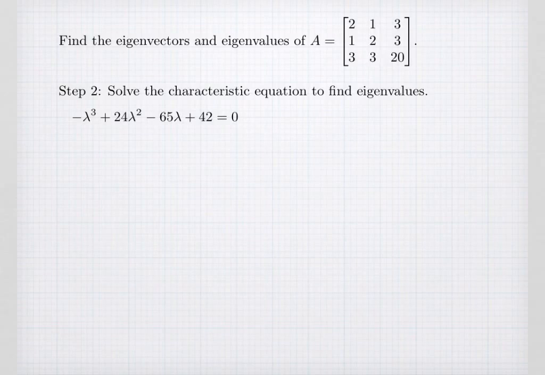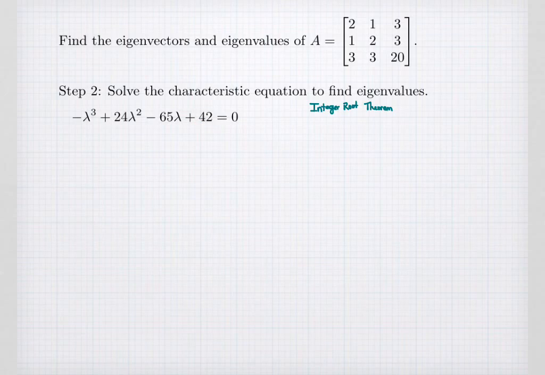Alright, now that we have a cubic polynomial, we need to find all the solutions to that polynomial equals 0. This requires that you remember a little bit from algebra, and in particular, we're actually going to use factoring. There's something called the integer root theorem, and it says we look at the constant term of our polynomial. If the polynomial has integer coefficients, we look at the last constant term,